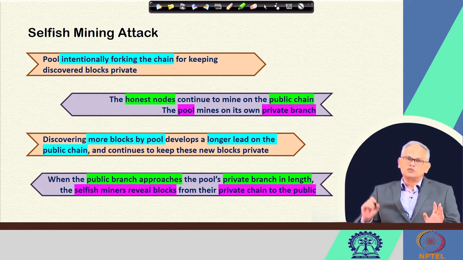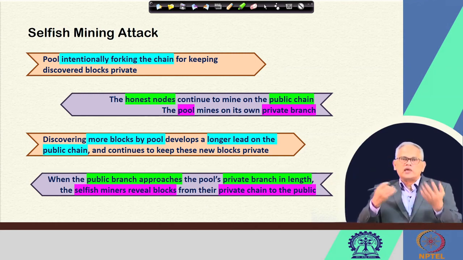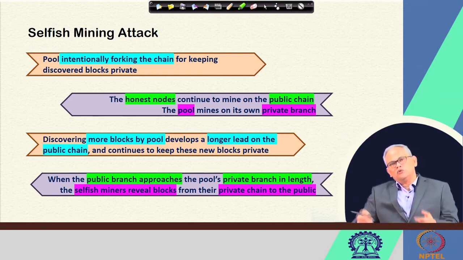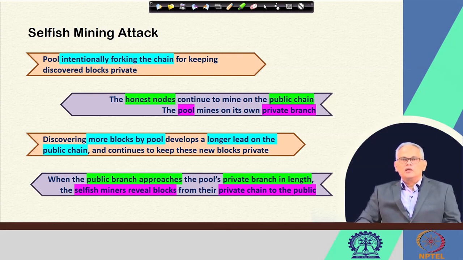So, that is quite well understood, but by playing with the time when the blocks are divulged to the public, these selfish miners are likely to get more revenues. And the point is that if the general, honest people see that there is this pool that is adding more to the chain and generating revenues, and even though we had earlier mined certain blocks, eventually we are losing out with respect to them, then what will happen?